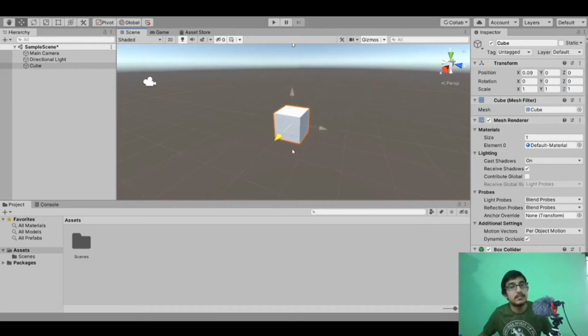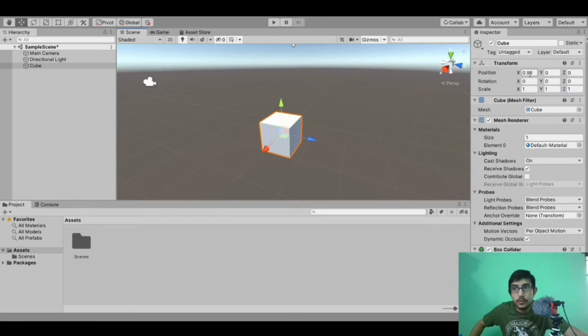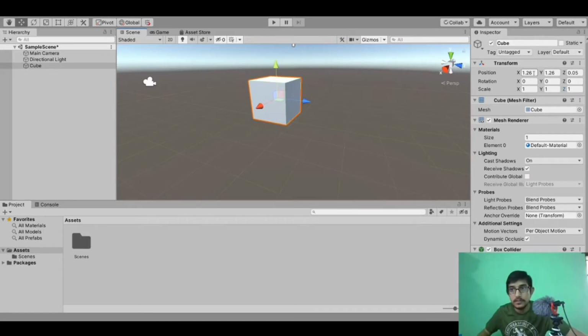When I am dragging this cube in x-axis, you can also see a change of its position in the transform option. Here you can see position in y-axis it's still at 0, in z-axis it's still at 0, because I have not changed its position in y and z-axis. I have only changed it in x-axis. Currently it's placed at 0.96 units on x-axis. So we can drag in x-axis, similarly in z-axis, similarly in y-axis. Okay, let's place it once again at its original position.